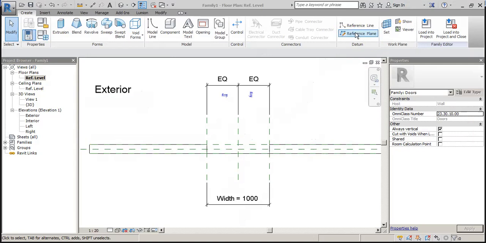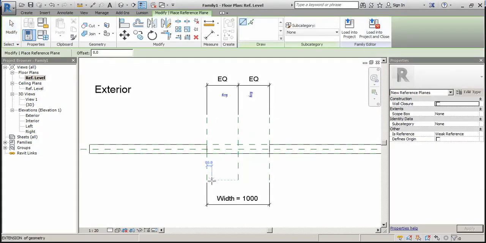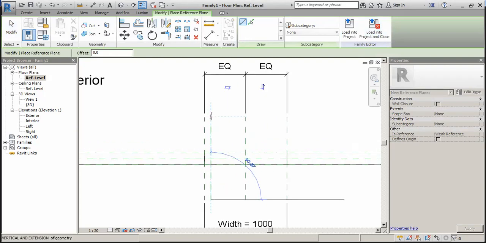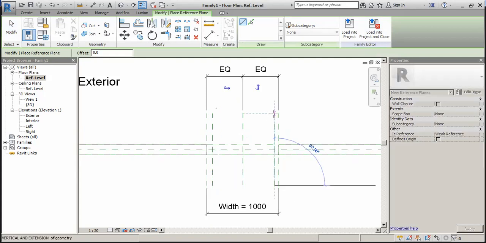So we will start from reference plane. So I clicked on reference plane. So I will create two reference planes. One reference plane here and another reference plane here.